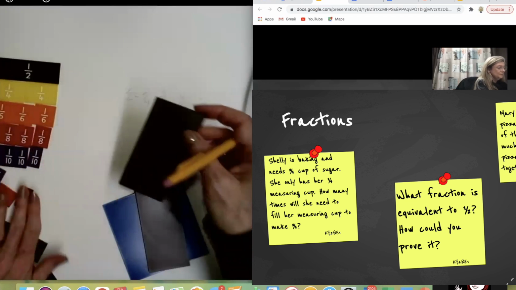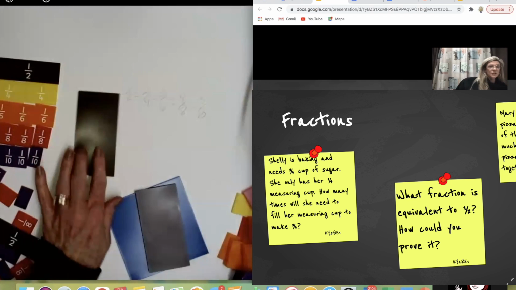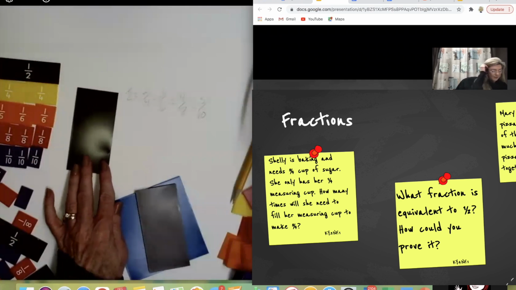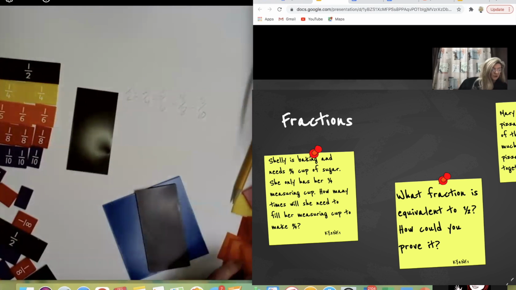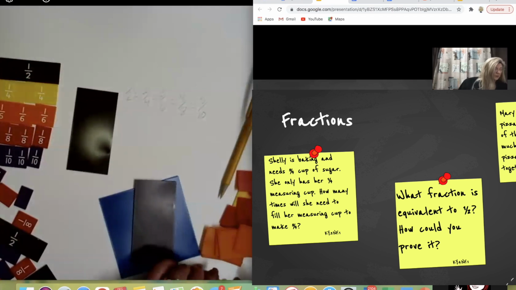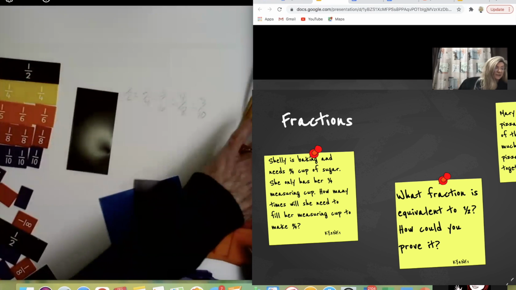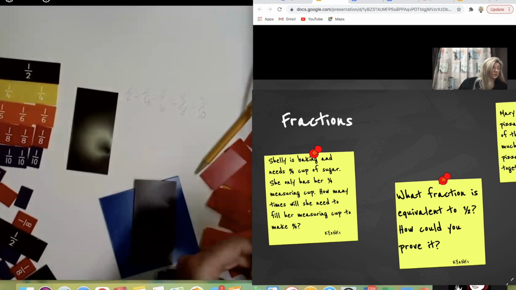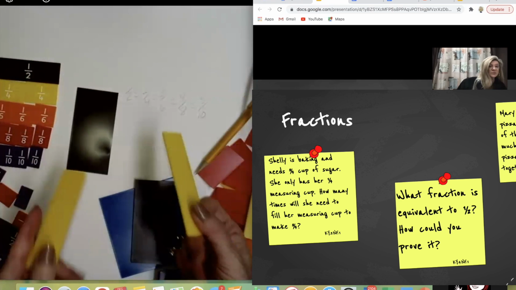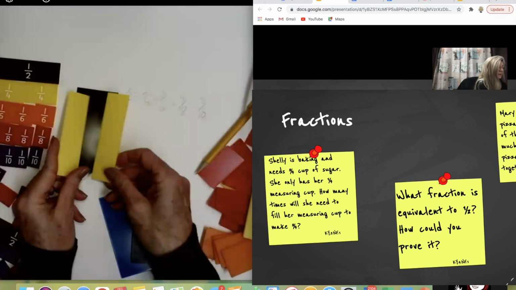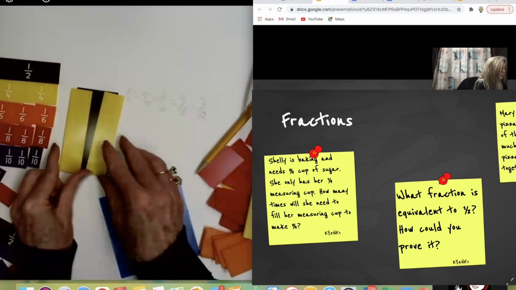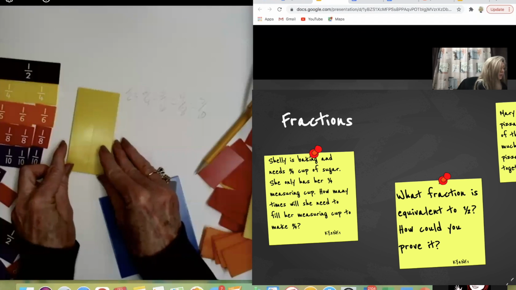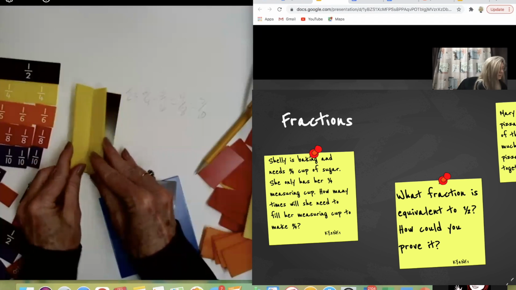Now this tool is your fraction square. It's the brown one. It's kind of hard to tell the color on here, but it's the brown one. And then you have all your other fraction squares over here. Remember I said that what they did really nice for us is they coordinated our colors. So we know that the yellows are fourths. So I can see how many fourths it would take to equal. And what I like about fraction squares is I build right on top of them. So it takes 2 fourths to equal 1/2. So they could prove that one.